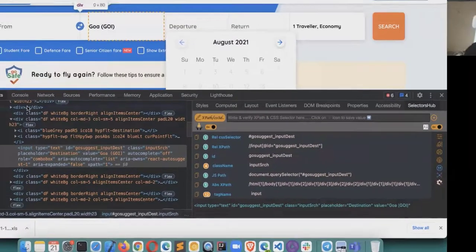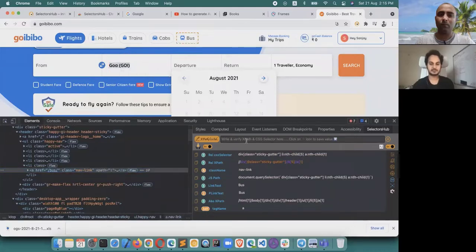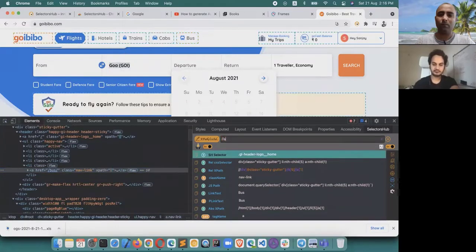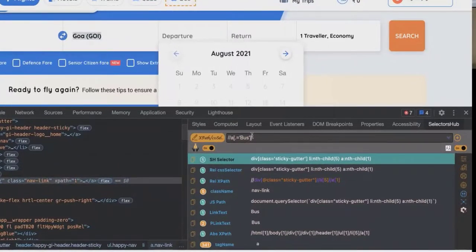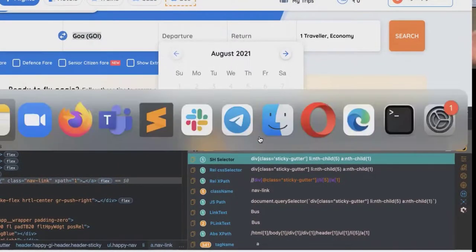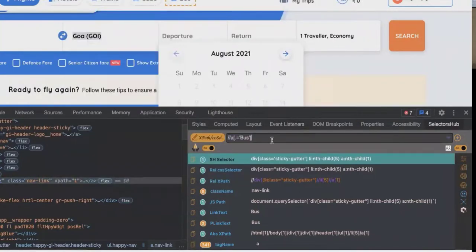If you are writing a selector here for any element, let's say for this one, and now you want to write a new selector, today what you will have to do is copy this XPath, paste it somewhere, save that one somewhere, and then write a new XPath. But I don't want to do that copy and paste somewhere. So can we save this XPath here only?